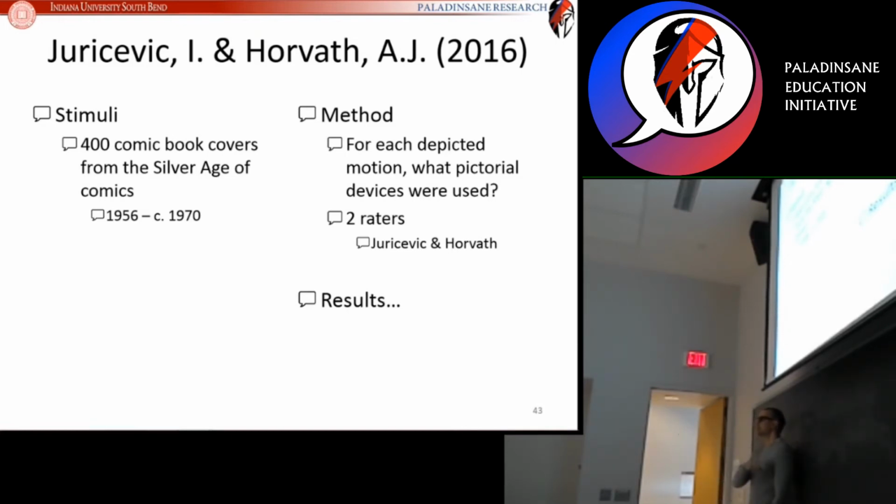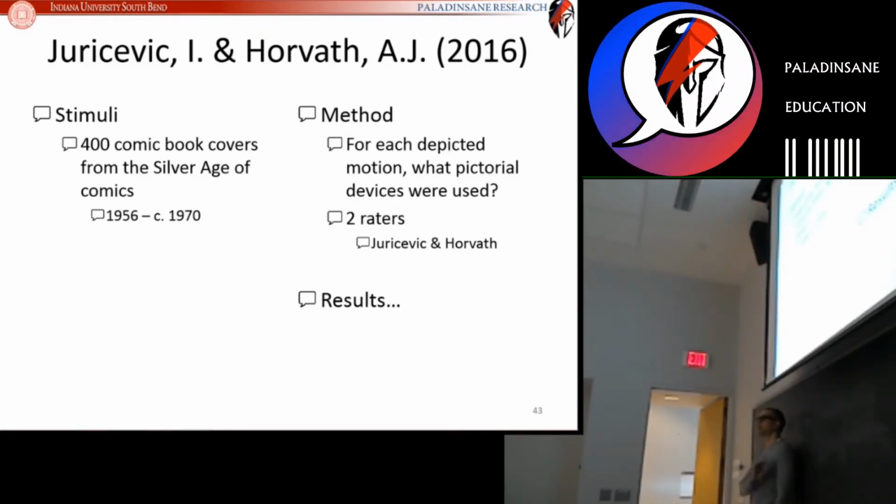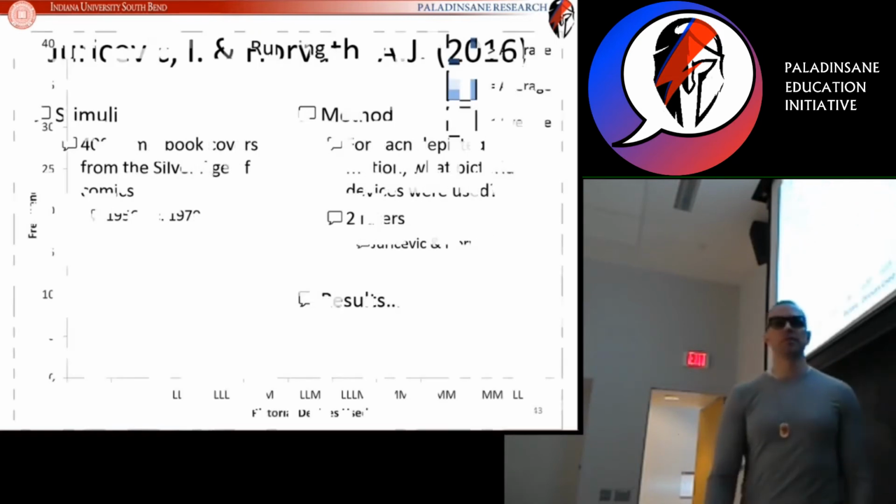So what we're going to see here is the result of artists who are successful, who have learned to communicate in a way that our minds understand. We're going to see what they do in order to communicate. So again, it's very important that we remember these are successful artists. These are professional comic book artists. And they got to that point because when they showed the pictures they drew to somebody, that person said, oh yeah, I see it. That's Quicksilver running. Very easy to process. So they're not confusing. So let's see what combinations they use, which indicates what combinations our minds use in order to process this type of information.